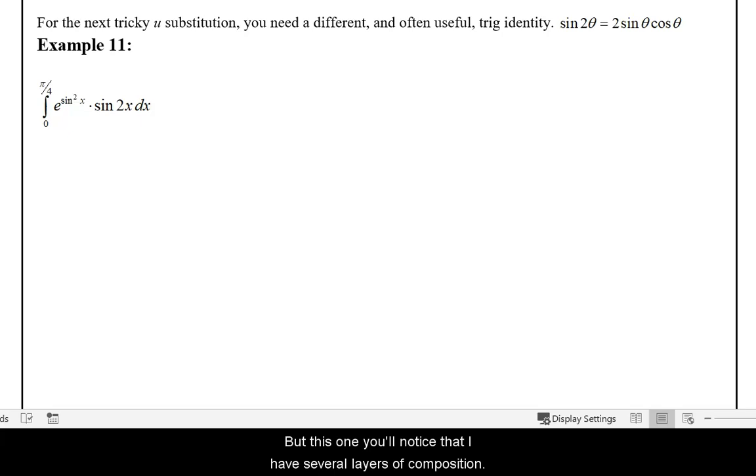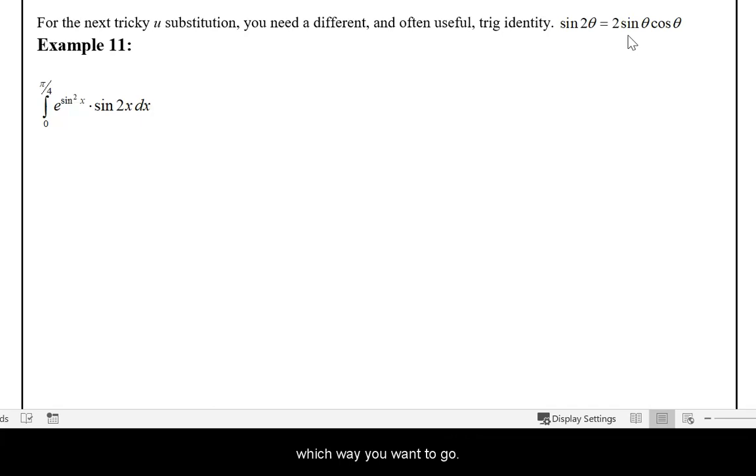For this one, you'll notice that I have several layers of composition. I have sine squared substituted for the power on an exponential. The sine is being squared, which means sine is nested inside of a second power. I also have a 2x inside of a sine factor that is outside and not a part of the exponential factor. Yuck! For this one, you need a different trig identity, also called a double angle identity or half angle, depending on which way you want to go,